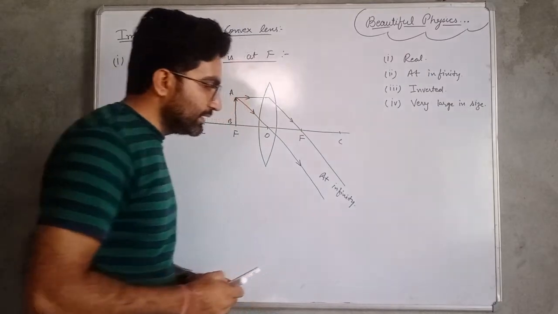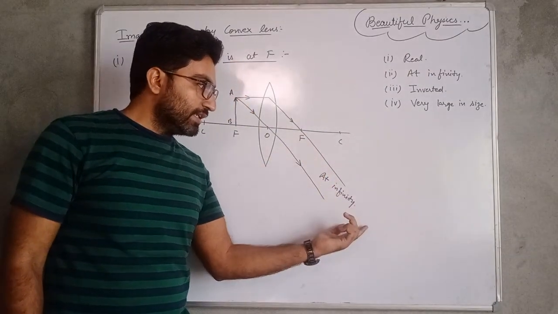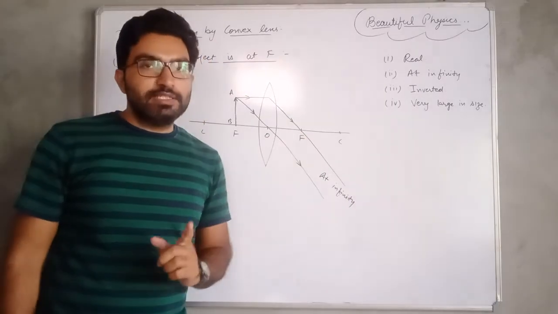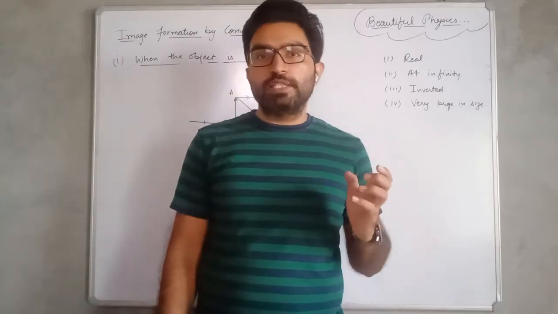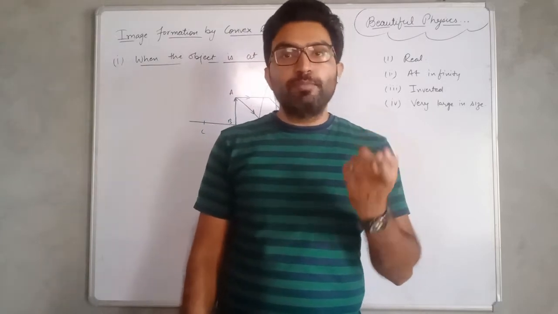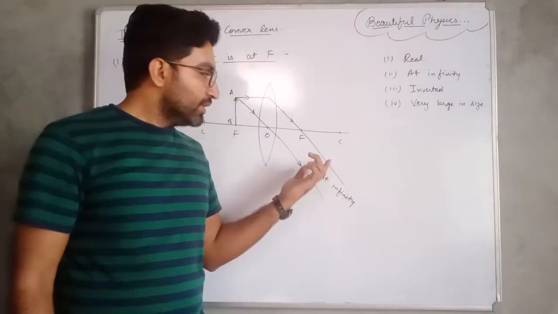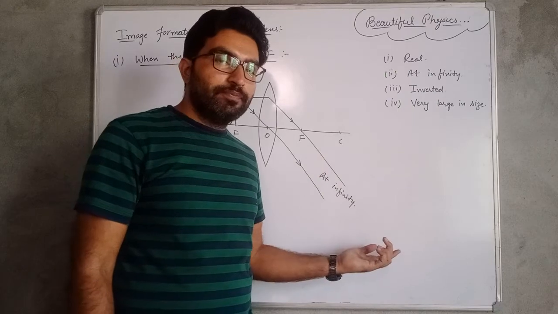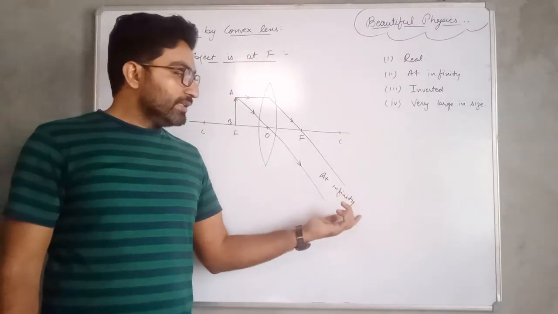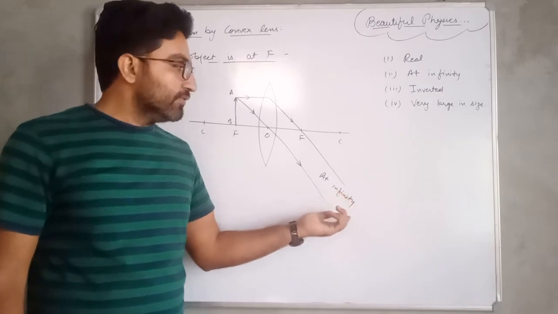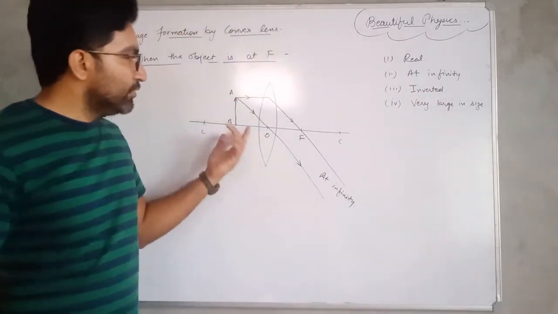Okay, very large in size. You don't have to be confused that these rays are going parallel to each other. In the first case, we have taken that when the object is at infinity, the rays are coming parallel to each other. Okay, so they were coming from a point. So the image is formed in this case when the rays of light are going parallel to each other. They will obviously meet at a point, and that point is infinity. So the image is formed at infinity. Okay, and again it is inverted and very large in size as compared to the object.